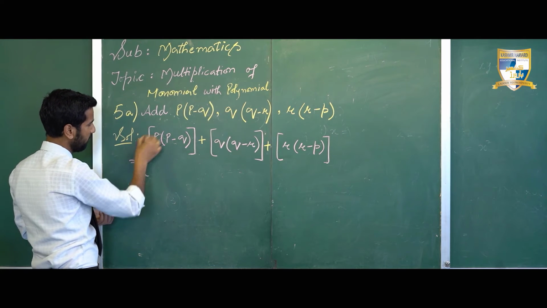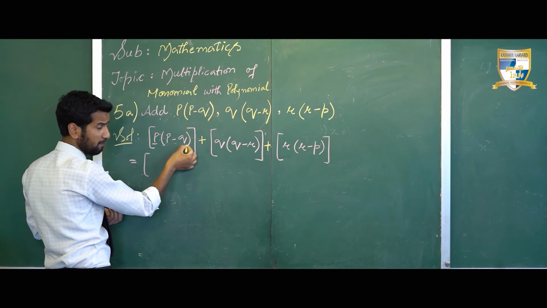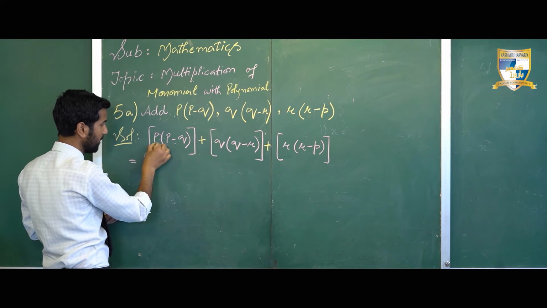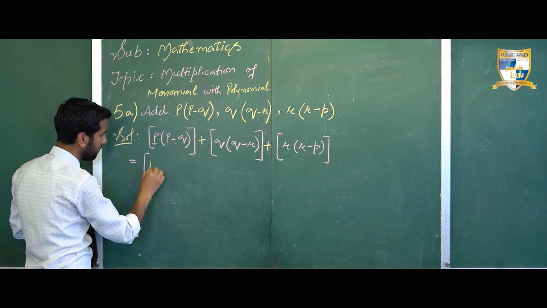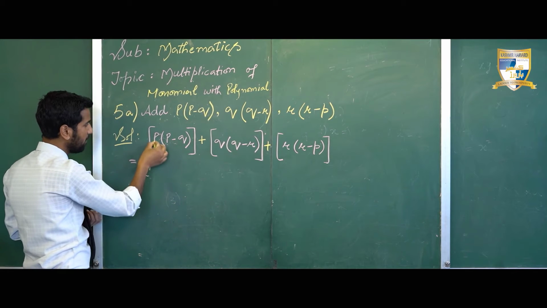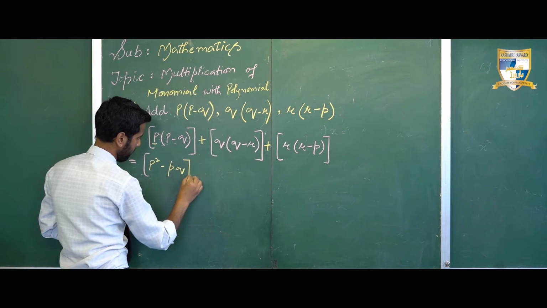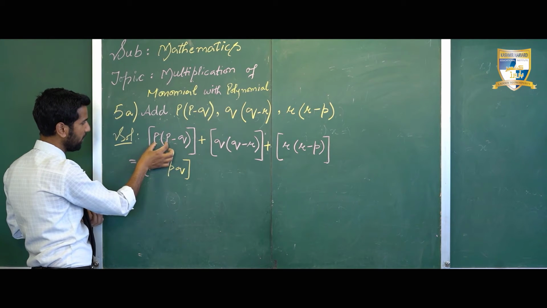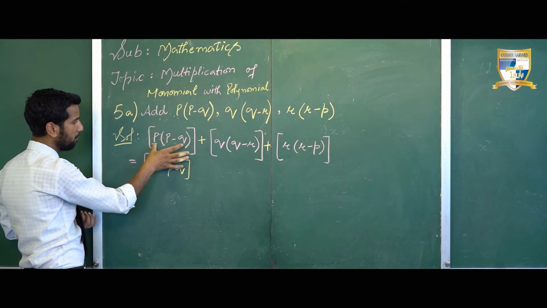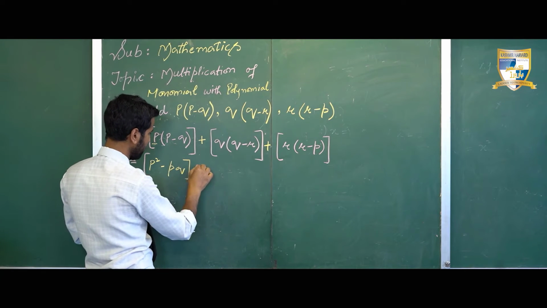Now P, obviously, is a monomial here, and this monomial is in multiplication with this binomial. So first we are going to multiply this P with P, and then we are going to multiply it with Q. So P into P will become P square, and P into Q will become minus PQ. Okay, now P square minus PQ. Now we have plus here,